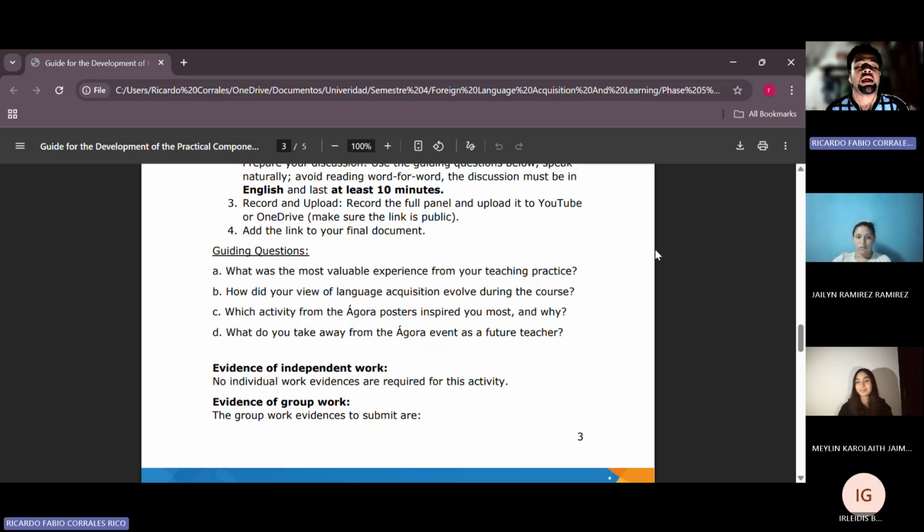And the last question: what do you take away from the Agora event as a future teacher? As future teachers, the Agora fosters constructive environments with students and teachers where everyone interacts by sharing what they have learned in the course through a presentation.